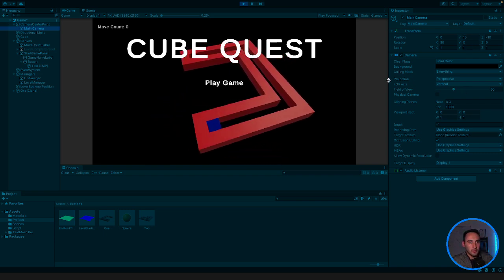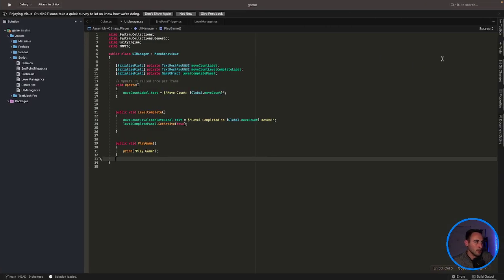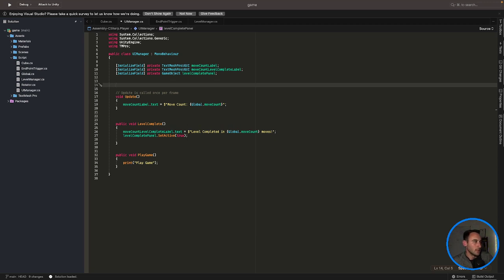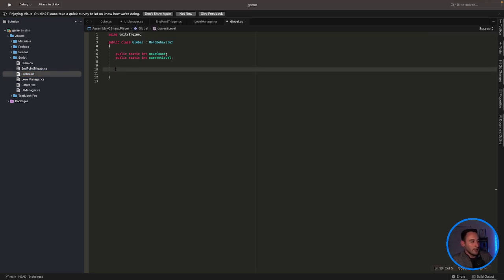So I'm going to write this. Actually, let's just go and do this in our UI manager. So here, just for now, we probably won't keep this in here. Actually, we'll do it in a global class here so that we don't have to change it. So open that up, and then here we can create a public static Vector3. This is going to be our gameplay camera position,